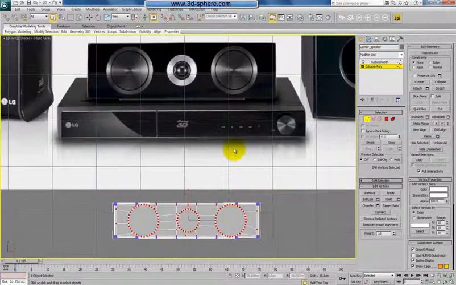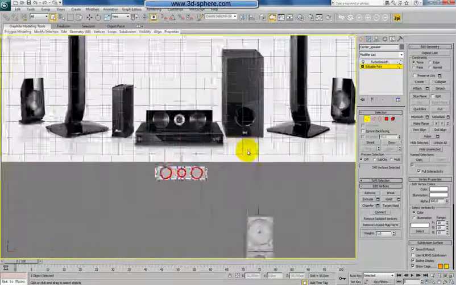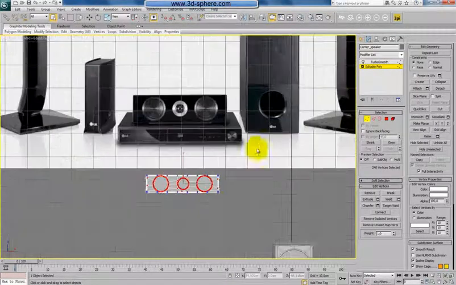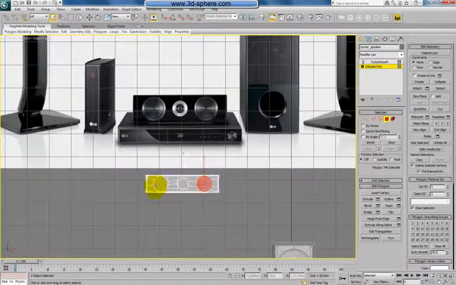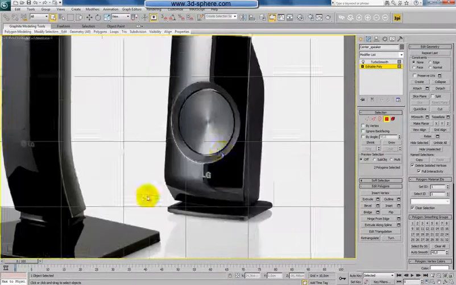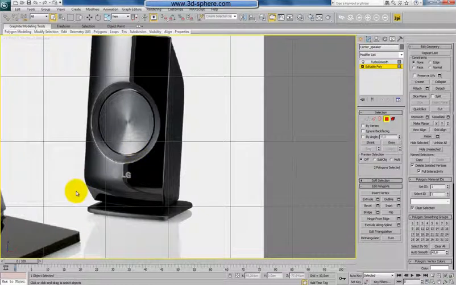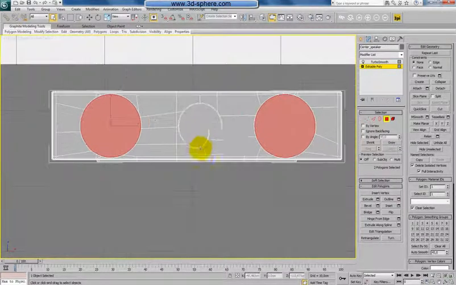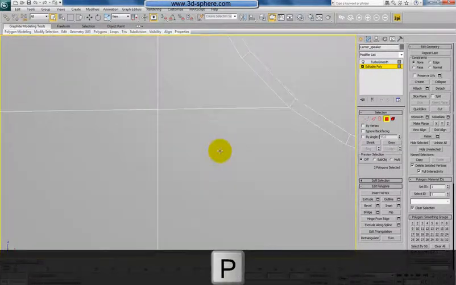First, the shapes. Okay, if this is looking like this, it means that I need to select both of these shapes and create something like this. This is actually looking very simple. In perspective view,